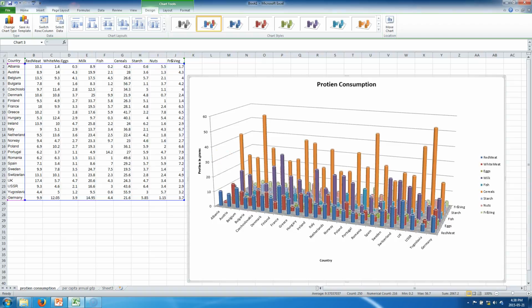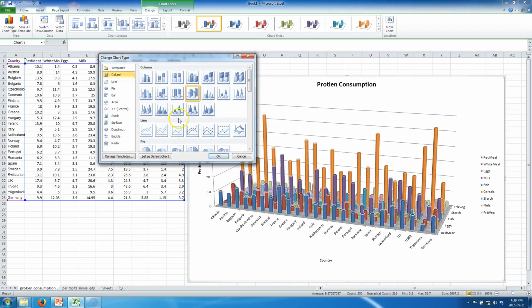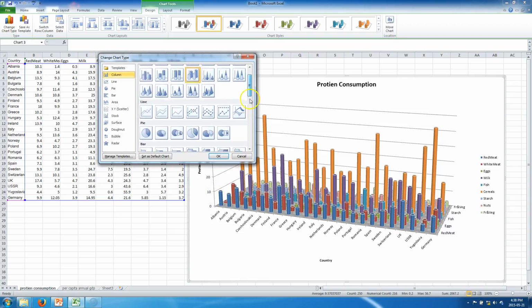It looks cool, but I think it makes the data more difficult to discern. But in certain cases, this might turn out to be the best chart to use. And if not, there are tons of other chart types. So let's take a look. There are pie charts, of course. Now, a pie chart would be very useful